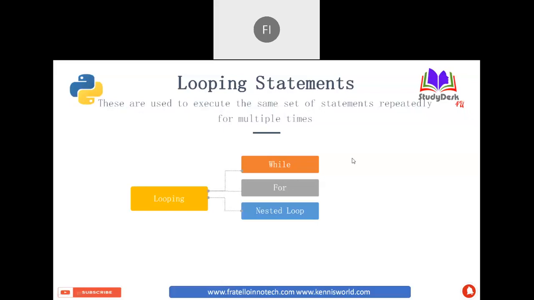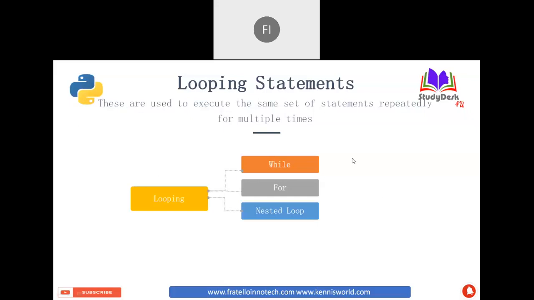Basically, looping statements are also known as iteration statements, whatever we generally call iteration or looping statements. The ultimate idea is whenever you want to run some set of lines of code, maybe 5 lines or 10 lines, repeatedly, I mean 10 times or 20 times, maybe until the condition you specify fails. Likewise, if you want to run the code repeatedly, we use looping statements.